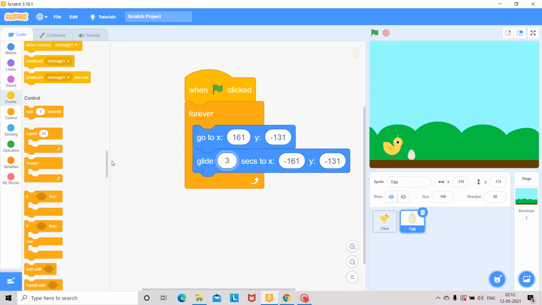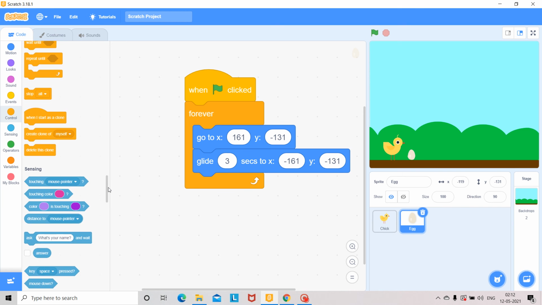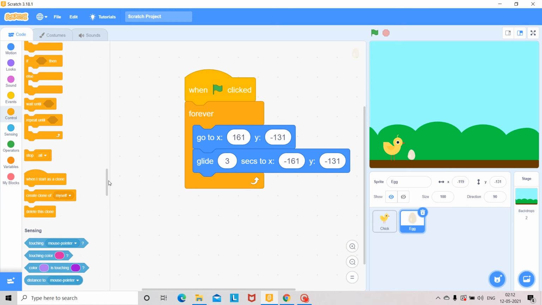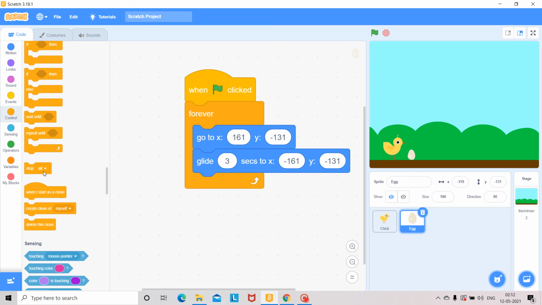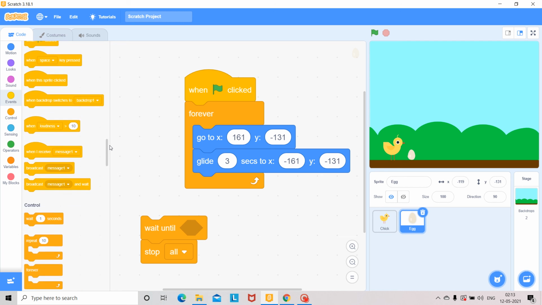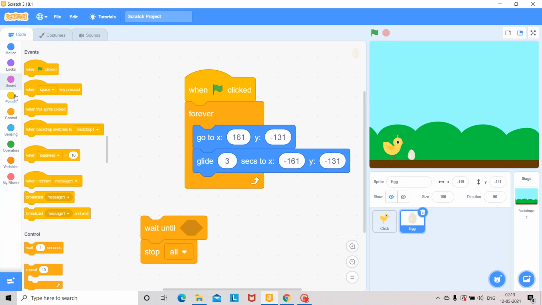So you can give the coding, the blocks are in control. So from control blocks, which one you take? Stop all. When should it stop? Wait until, what, touches something. Touches something means you will find the block in sensing.